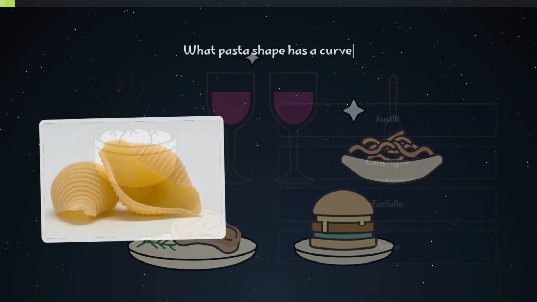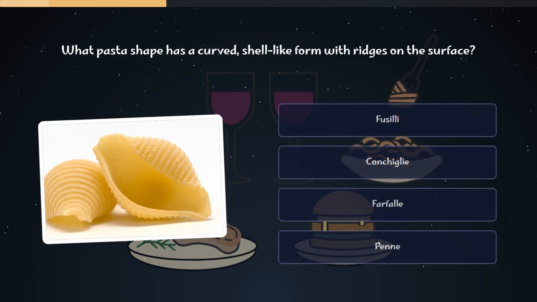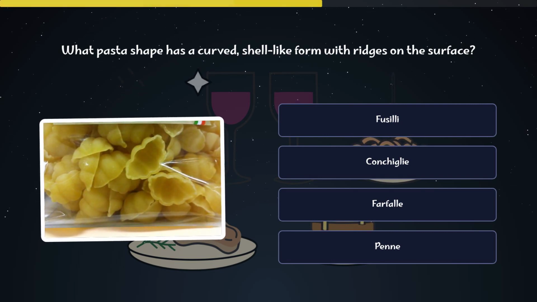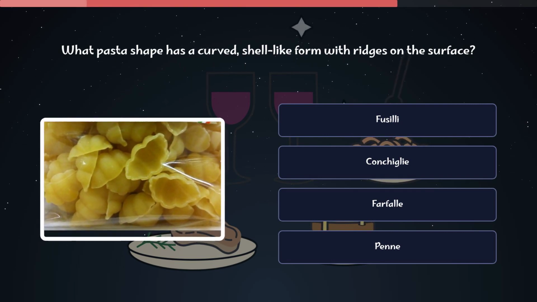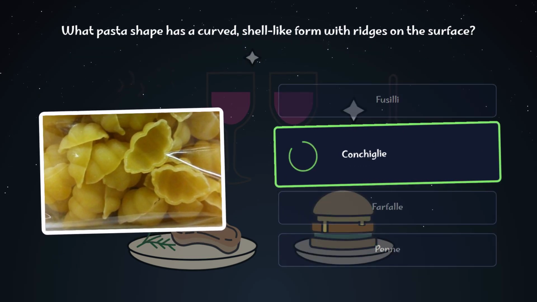What pasta shape has a curved, shell-like form with ridges on the surface? Conchiglie, also known as shell pasta, has a